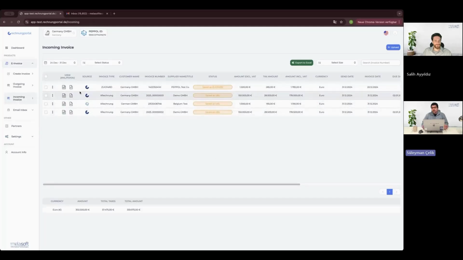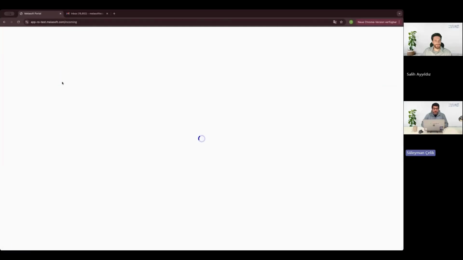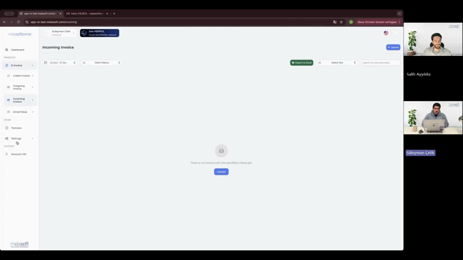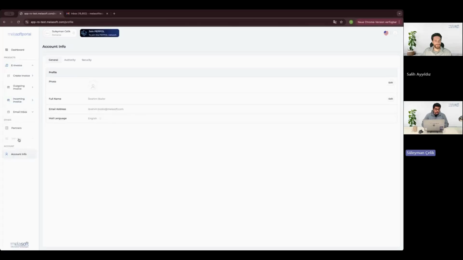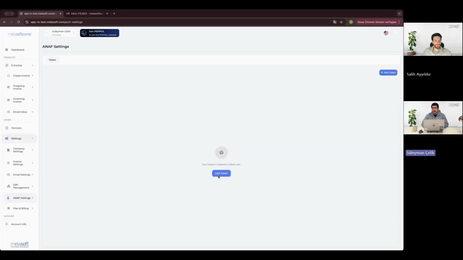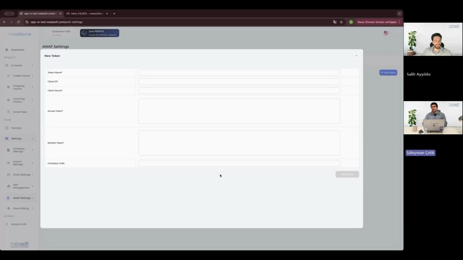And yeah, today we demonstrate just the Germany part. For example, in the case of Romania, I selected a Romanian company, and under account info, under account partner settings, we have the information for the tax authority of Romania. You need to enter the connection information here to be able to send and receive invoices through